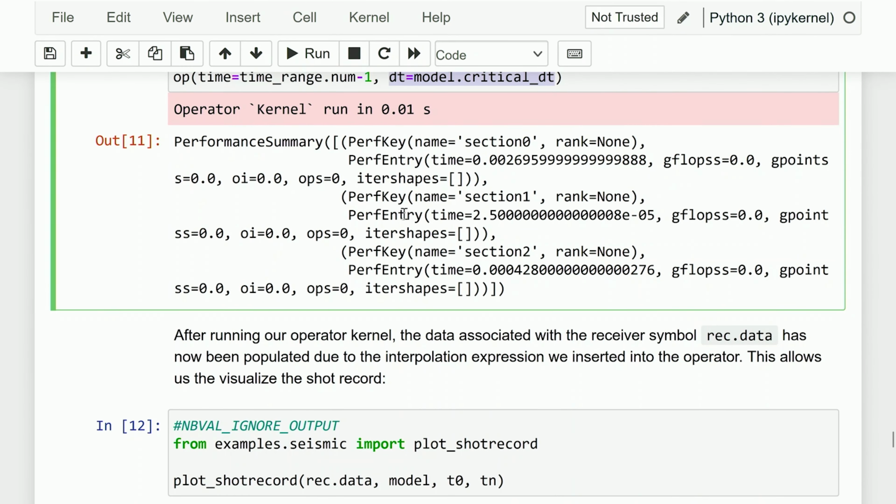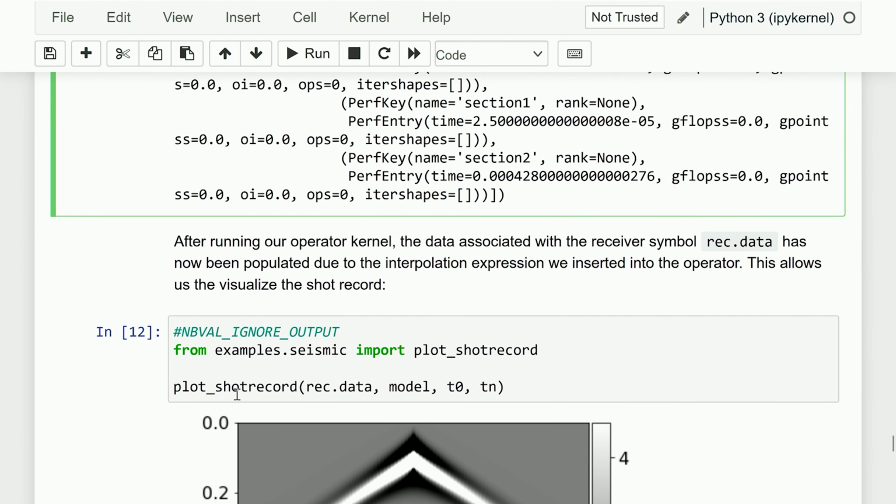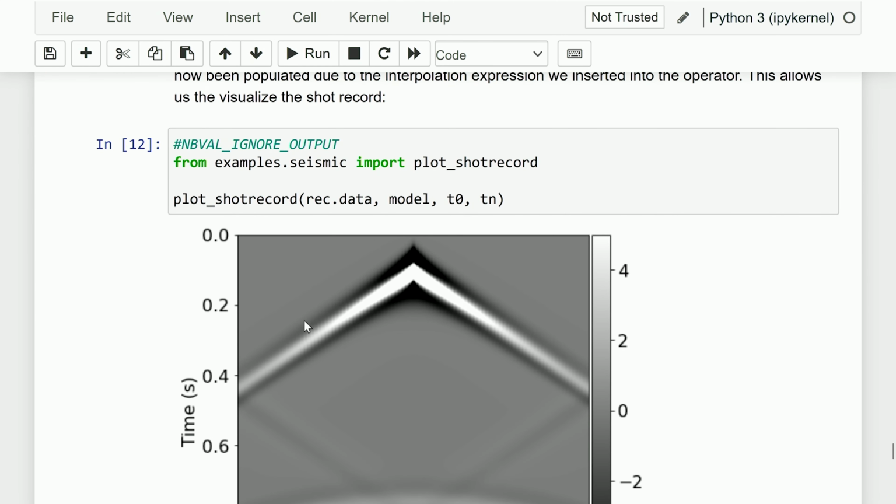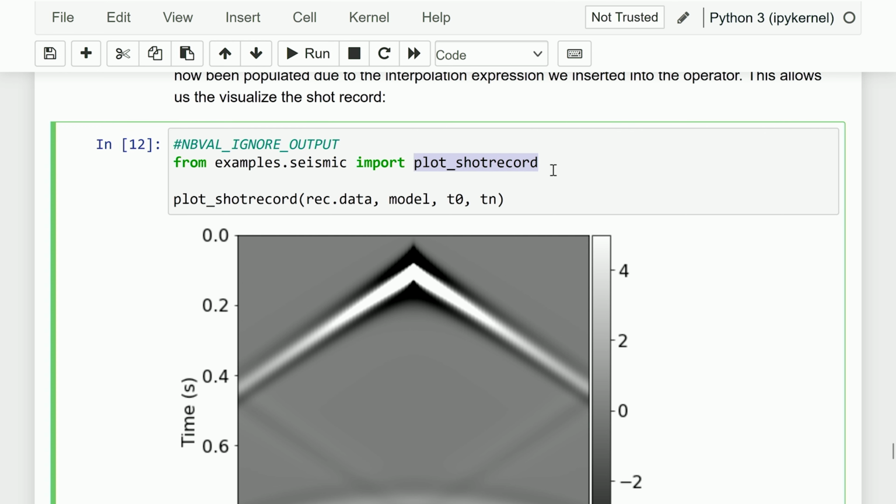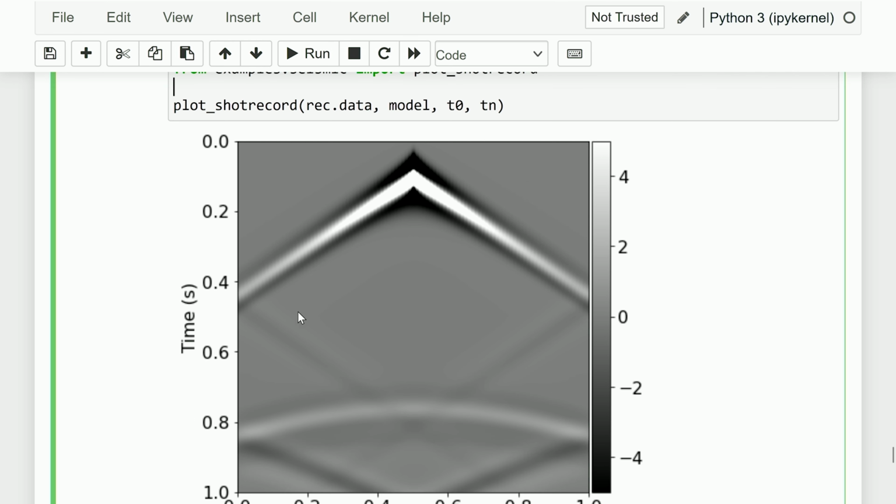And then if we want to look at the shot records created at our receivers, we can import this plot shot record helper function, run that, and here we go. This is the plot we're getting. Here we're seeing the initial wave in the central receivers, and we get this linear arc propagating out. And then we start to see the receivers picking up reflections and so on at later